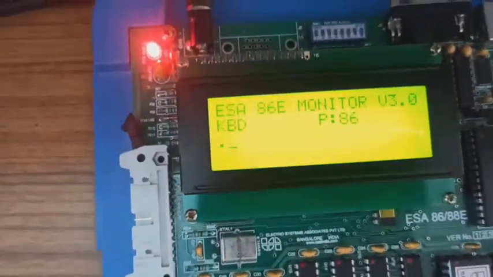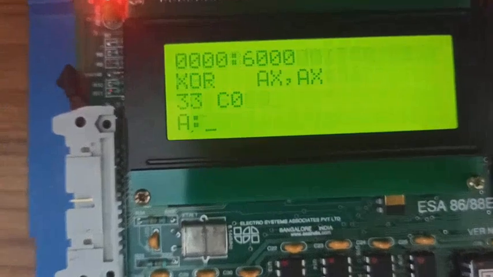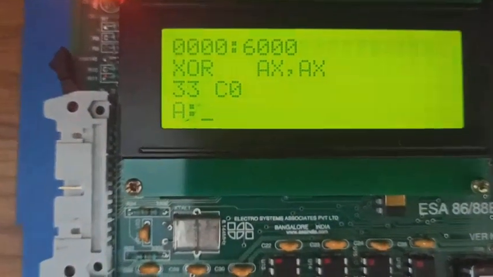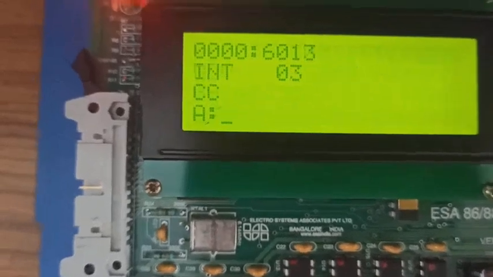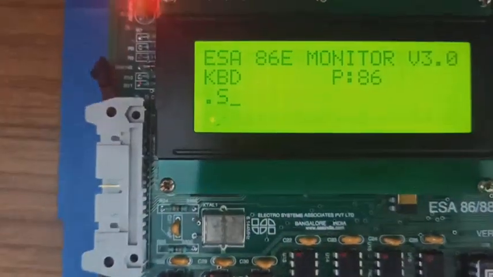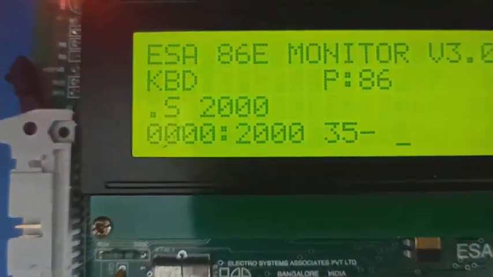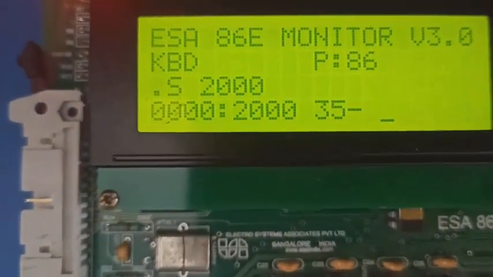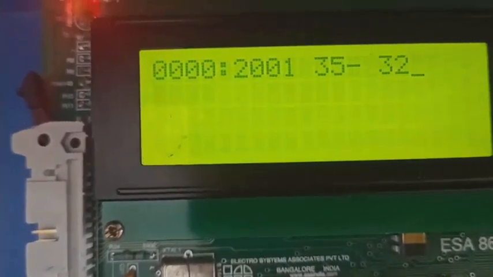I have selected a memory location called 6000. So here I have typed the program. Now I am going to give inputs in the memory location 2000. What I gave is 35, comma, let us say 32.